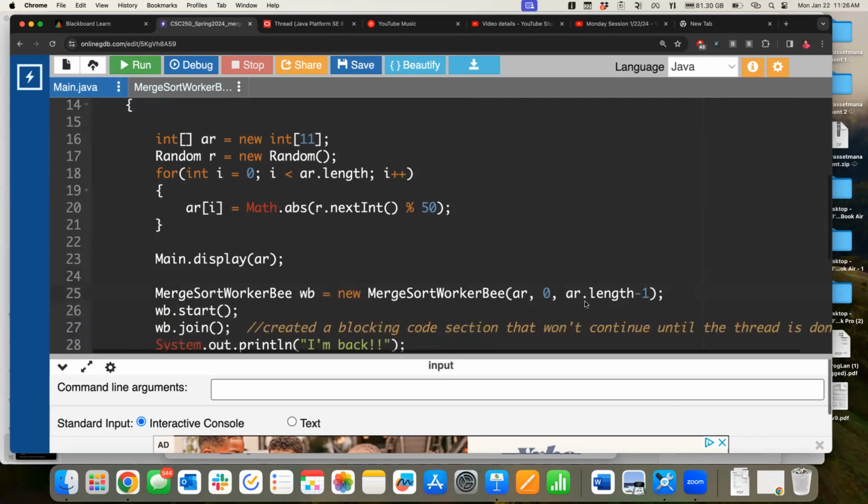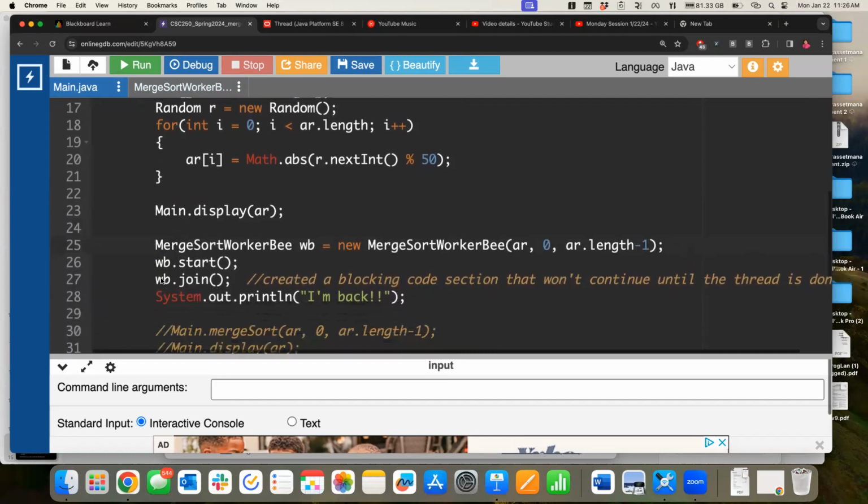Then we'll create our worker B, giving him the full array. So this is a single thread that we're going to say, go and do merge sort. All right. We'll tell that thread to start, but then we're going to tell main here to go ahead and wait for that thread to finish. Okay. Once that thread has finished, then